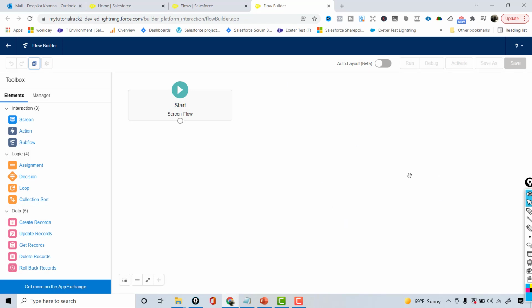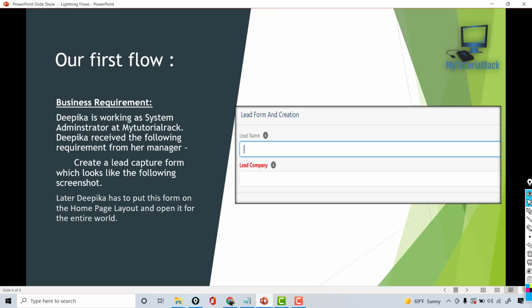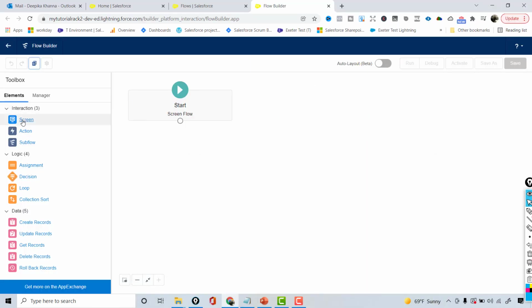So this is the canvas. This is the canvas for you, and you can use this to build any type of complexity of flows. So our flow is very simple. What we need is a form which will take in two pieces of information, lead name and the company name. So I'm going to go back here to my screen, and the first thing you can see here, this is